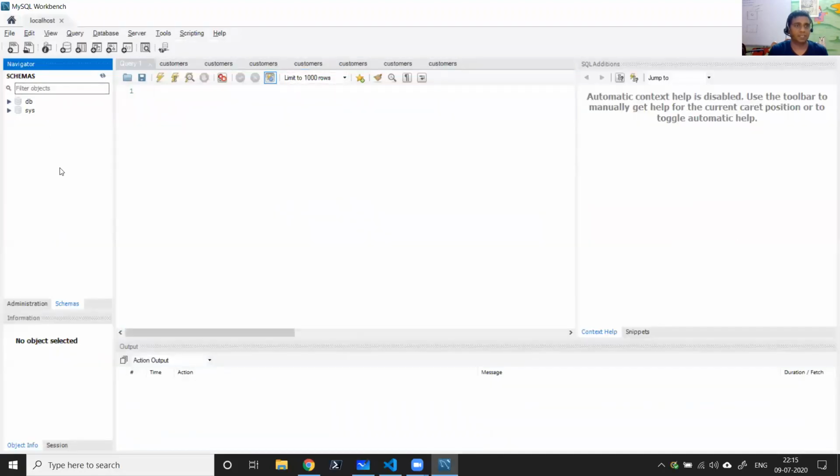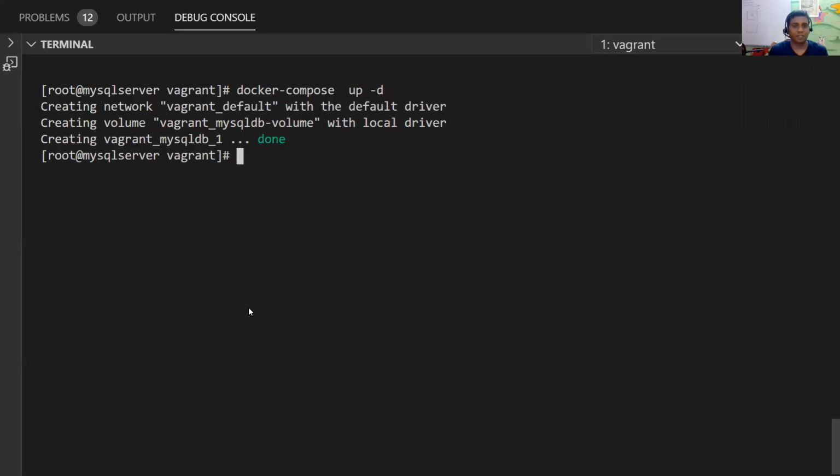It has empty schemas. Okay, it doesn't have the company DB. This is how you can tear down the MySQL server, restart it, and bring a fresh MySQL server up very easily with Docker Compose. So with this, I'm done with MySQL and Docker Compose. Hope you liked it.